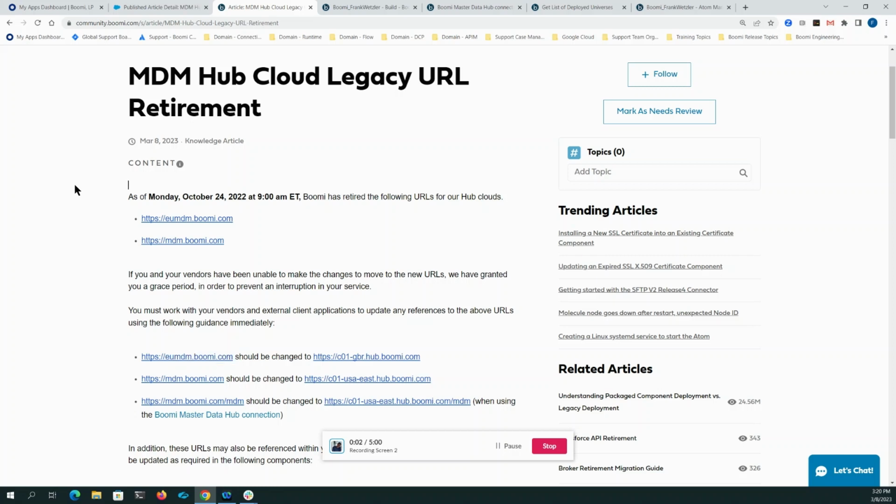Hi, team. I want to talk to you today about two endpoints that are no longer going to be supported when trying to reach one of our hub clouds. Those two endpoints are eumdm.boomi.com and mdm.boomi.com. These two endpoints were deprecated back in the fall of last year, and support for them will